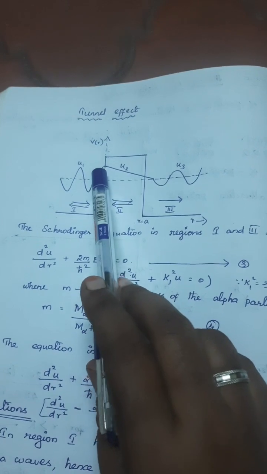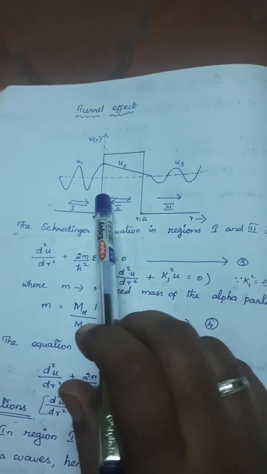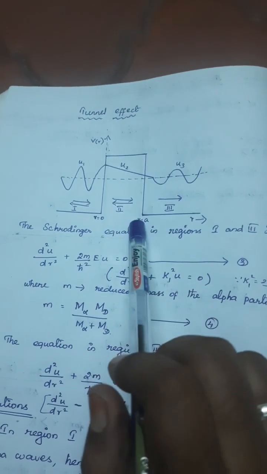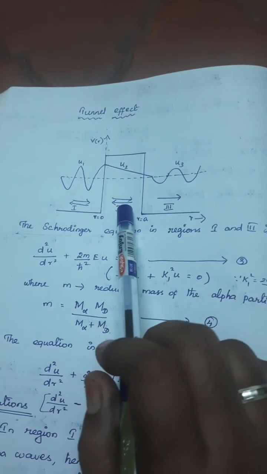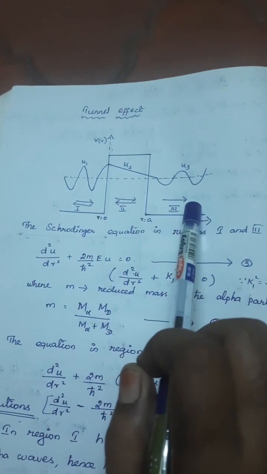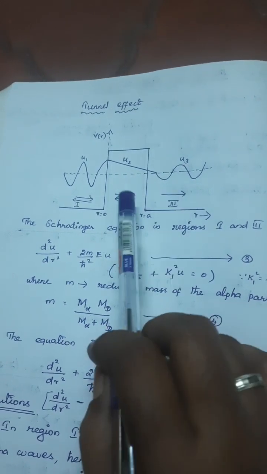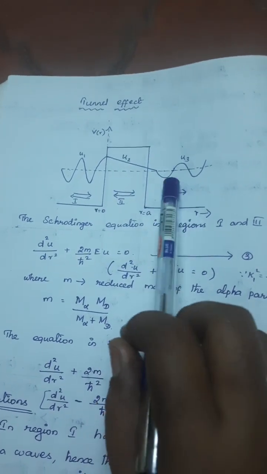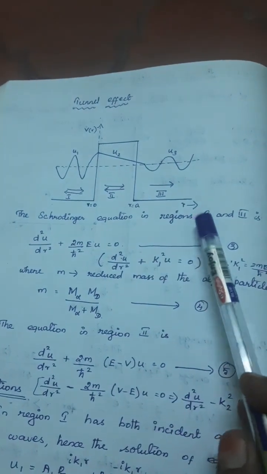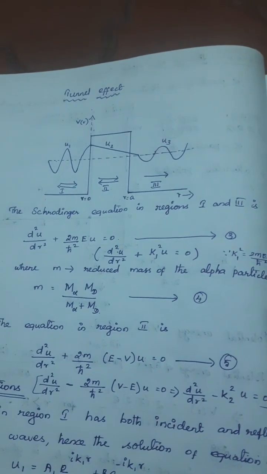In the same way, the particle moves through the barrier, and it is reflected by this wall, denoted by this arrow mark, and it is transmitted from region 2 to region 3, only in this direction. We already know the Schrödinger equation,